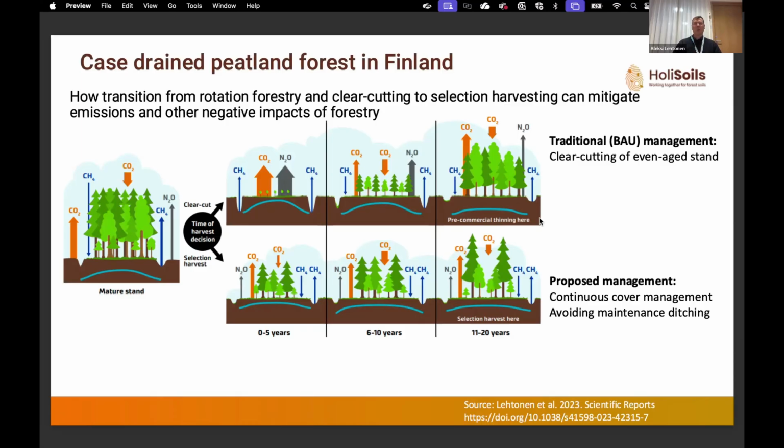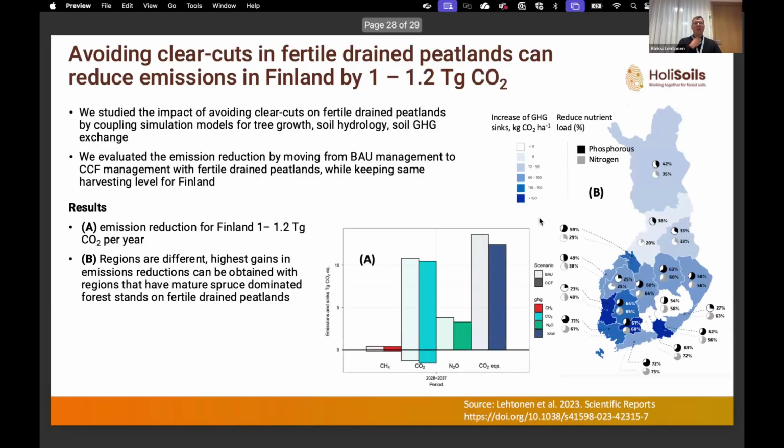So you would go from this kind of even age management to continuous cover management. And here on the top line, you have the traditional management, clear cutting of even age stands, while below you have continuous cover management, and you avoid maintenance ditching. And we studied the impact of this conversion, and we could see that for Finland we could reduce the emissions by 1 or 1.2 teragrams of CO2 annually